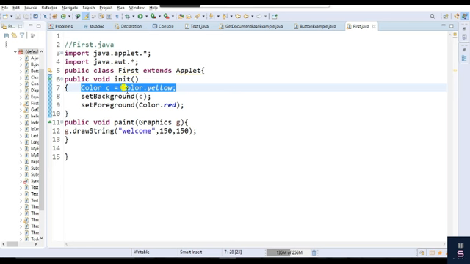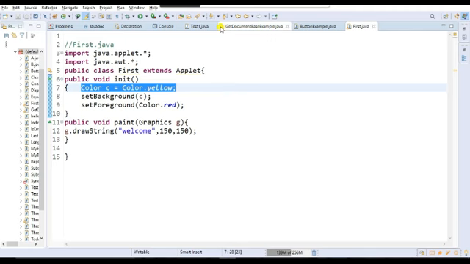We can create the color instance object, and by using the object you can change the background color, or you can even directly use Color.red or Color.yellow from the Color class. Here I have used setForeground with Color.red, which means I want the font color to be red, and the background color to be yellow.